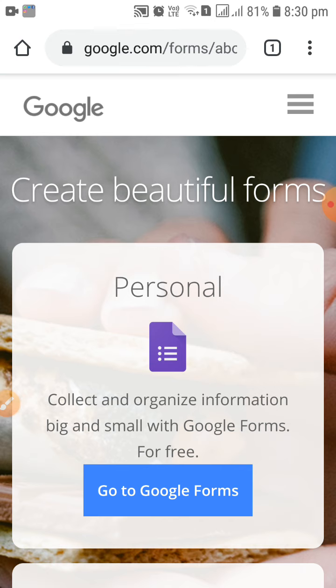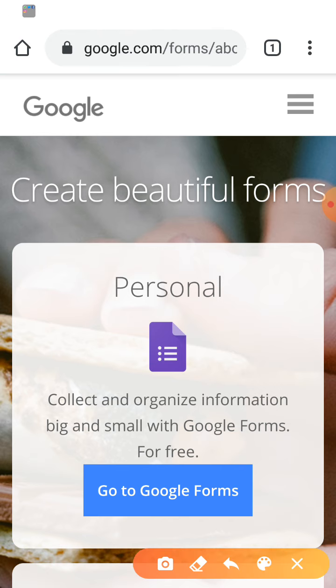Now you can see this screen over here. What I suggest is that you must open this particular site in desktop version, so that this form can be easily visible in full length.